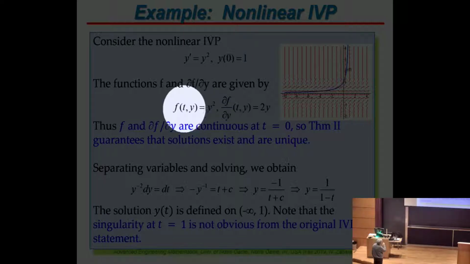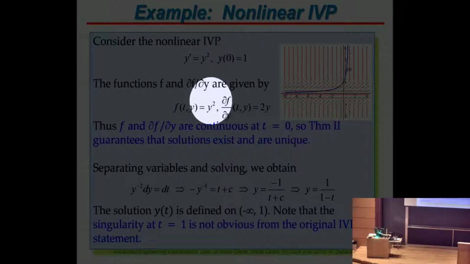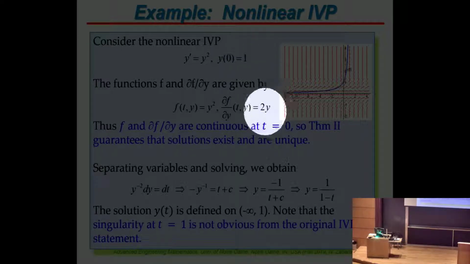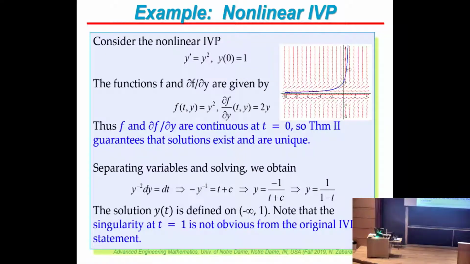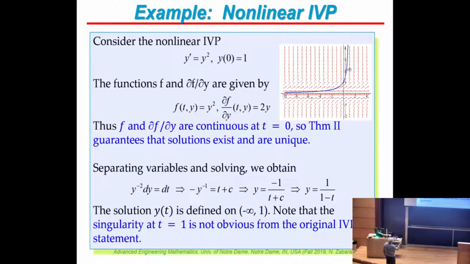So according to the theorem, looking at f and the derivative of f, do I have a unique solution to this nonlinear problem? Don't look at the pixels or anything. Just look at this and the theorem and the initial condition, y of 0 equal to 1. Do I have a unique solution for this problem? Yes or no? I heard a yes. So indeed, there is a unique solution because, around time 0 and around y of 0 equal to 1,